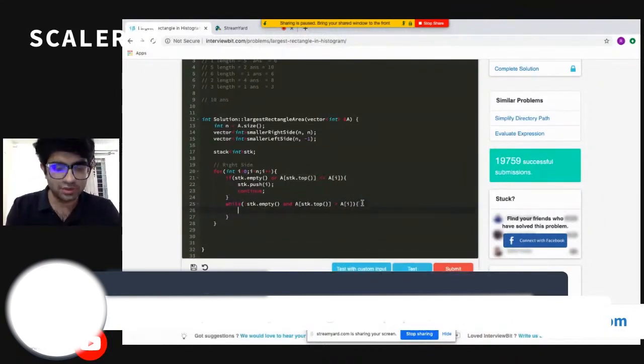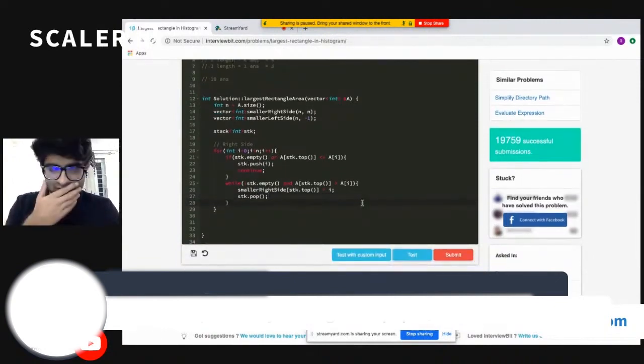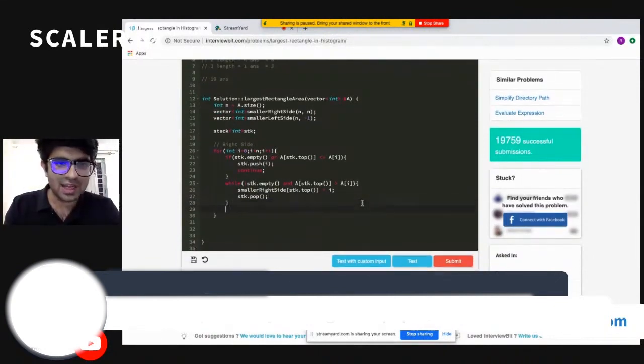As I'm moving into the right side, I can update the answer for smaller right at the stack top as i. Now I do not need the information for that particular element, so I can safely pop it from my stack. Nice. If I continue that way, I haven't figured out the answer for i yet, so I need to push that element into the stack. Let's say I just push that element in my stack.